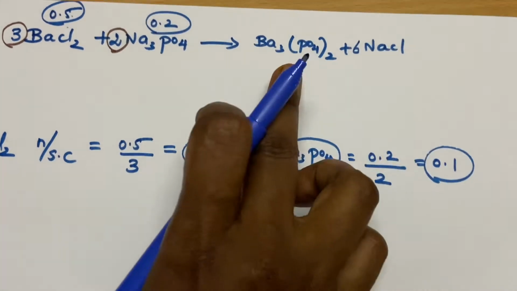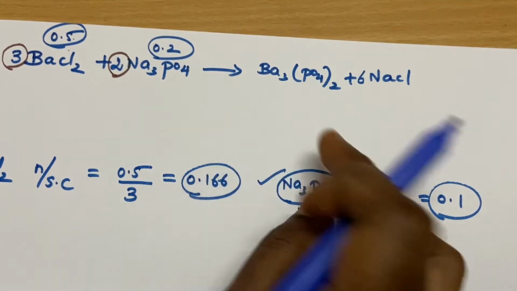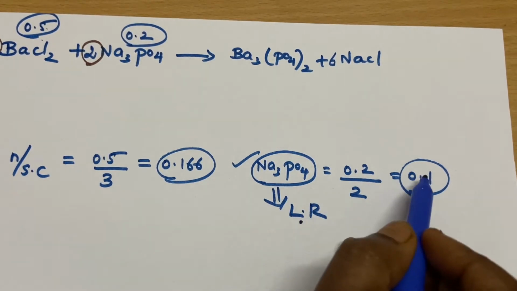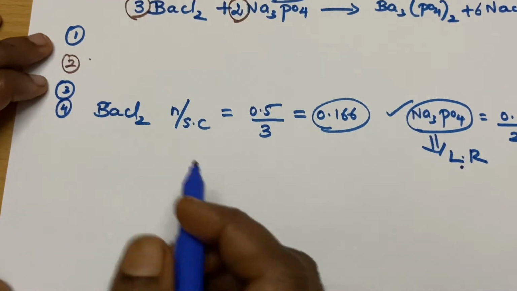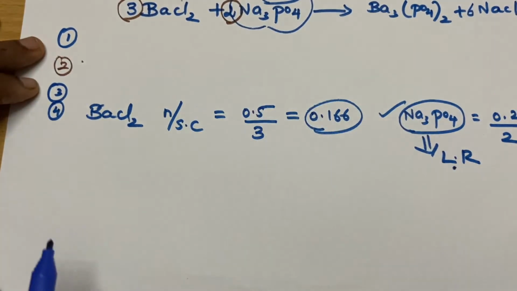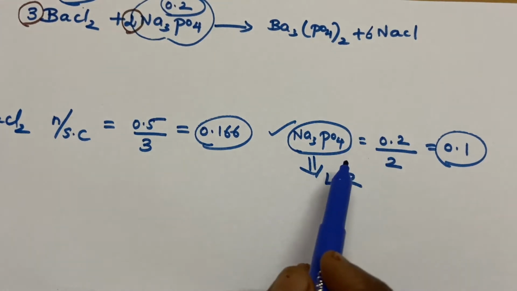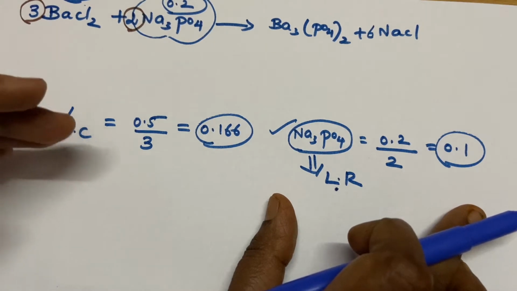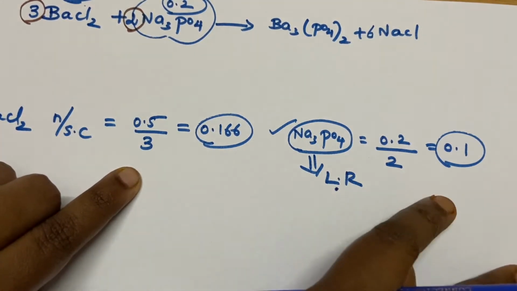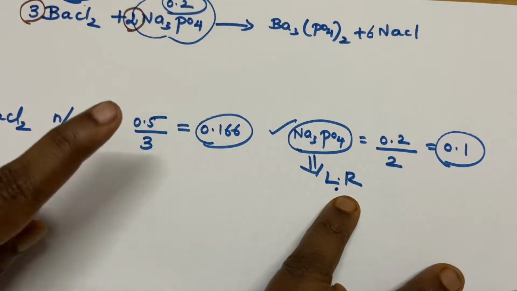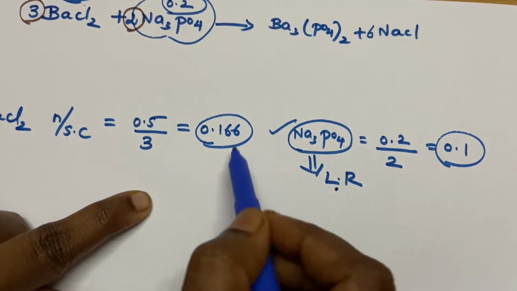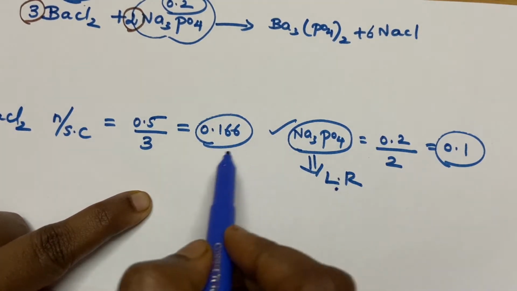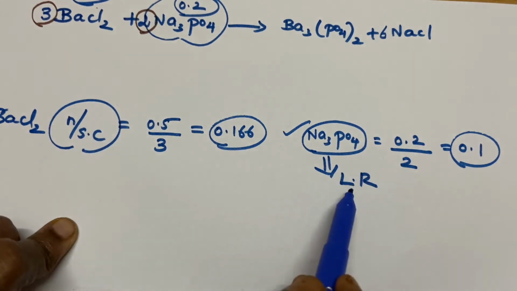So you have to find the amount of product formed only on the basis of this limiting reagent. What is the given number of moles? The given number of moles of sodium phosphate is 0.2. I already told you, students, this ratio value has nothing to do with anything further. You do this calculation only to find out the limiting reagent. Commonly, students take this value and confuse it with the number of moles. So don't do this. We do this step only to find out which is the limiting reagent.